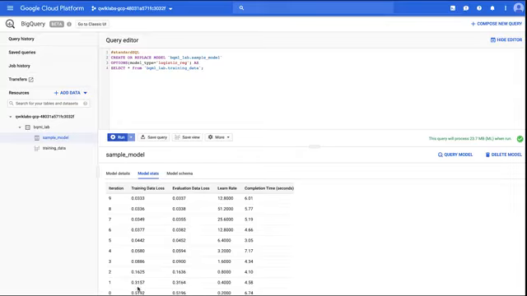Over time, as we train the model, the error should reduce. The loss on the training set and the loss on the evaluation set should both reduce, and that is what we see here. The training data loss reduces from 0.5192 down to just under 0.0333 by the 10th iteration.